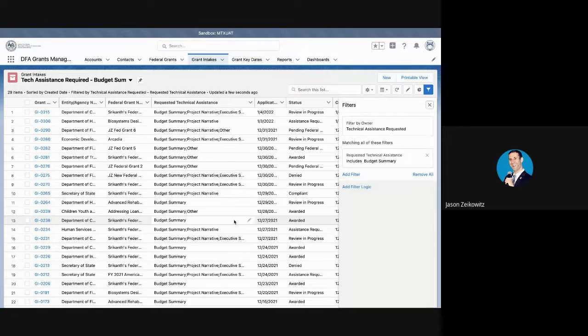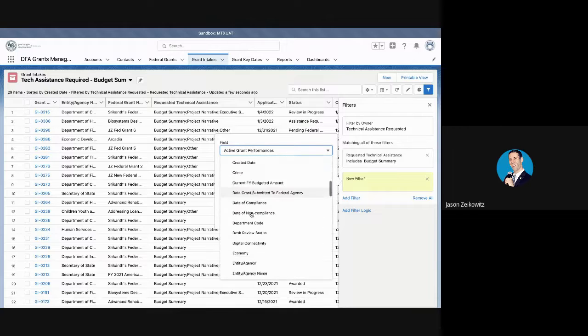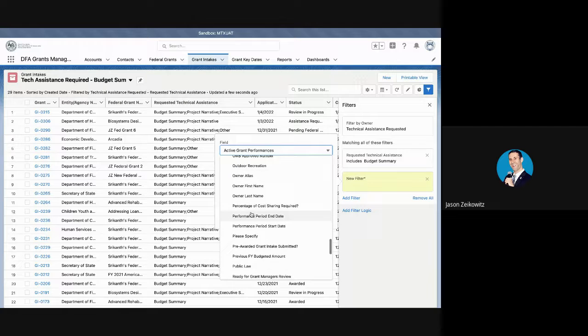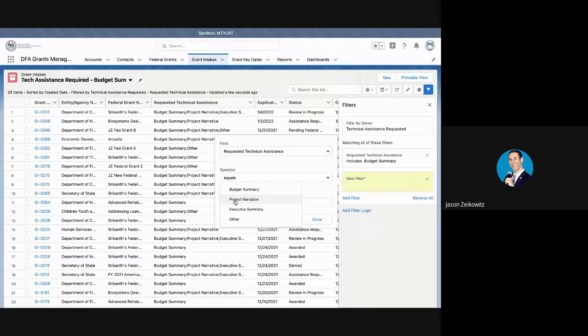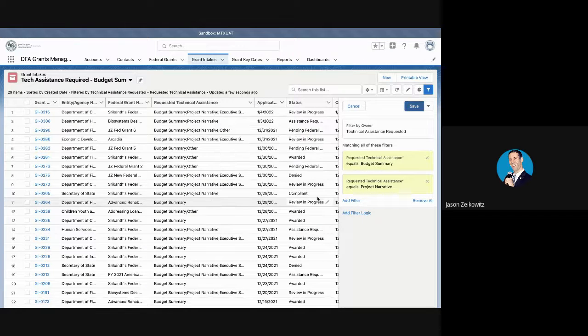So if I want to say includes budget summary or project narrative, say requested technical assistance. Let's say this time I'm going to say just equals. So we'll say equals just budget summary or equals just project narrative. And the reason why I'm saying just this or this is because one more thing for filters, the last thing